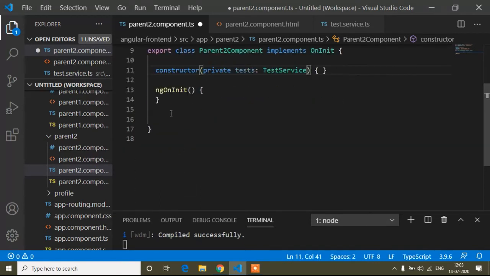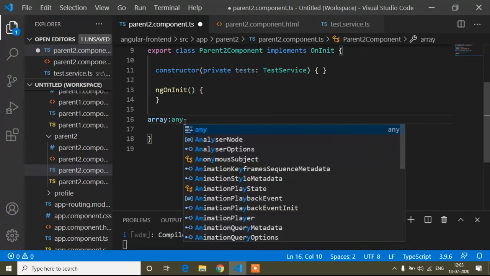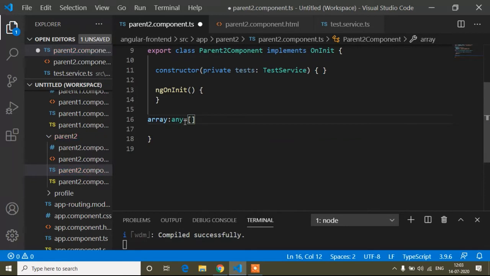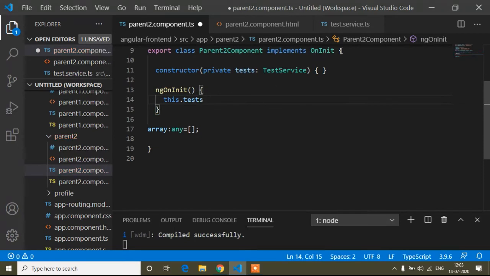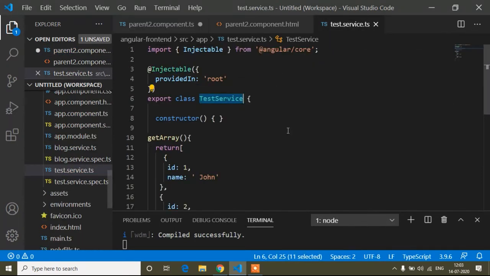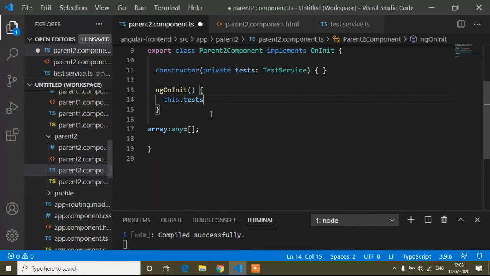And now here I will declare a blank array variable like array, type is any, and this is blank. Now inside ngOnInit, this.test, because I want to access our test service array. This test service I declared inside the test variable.